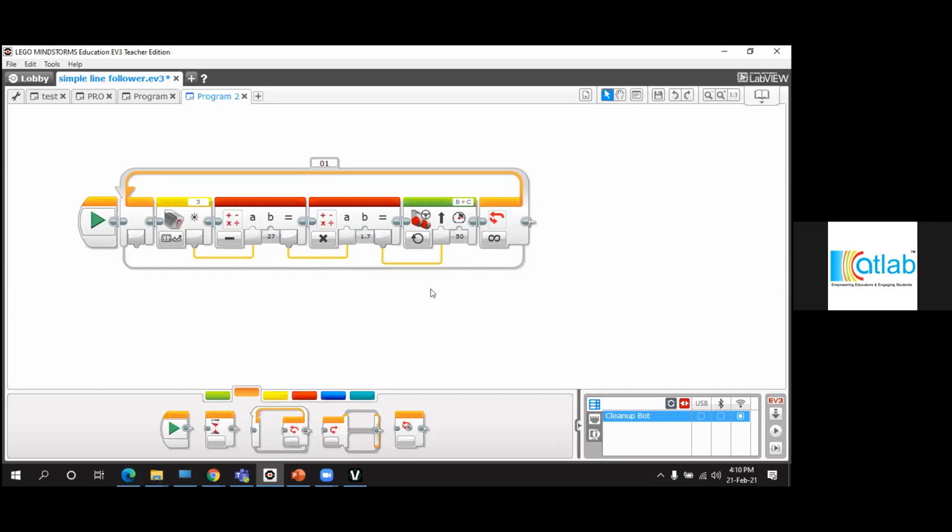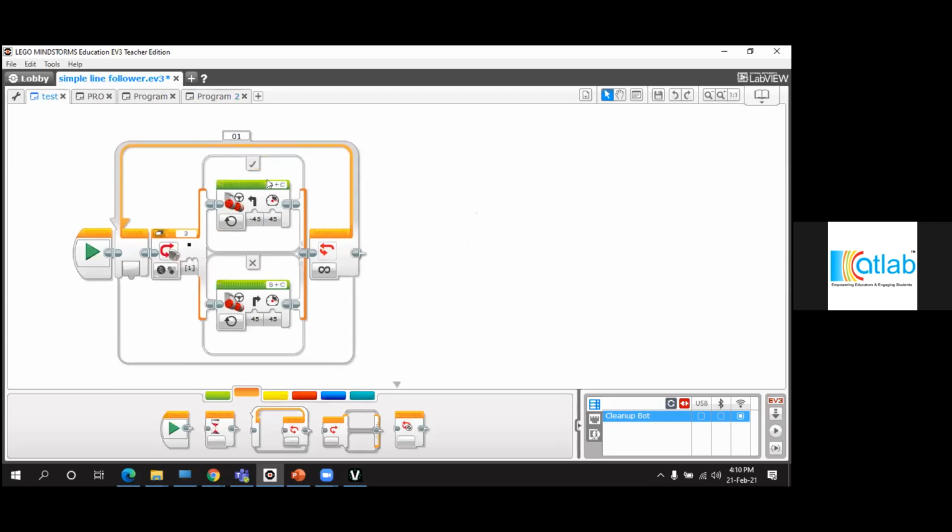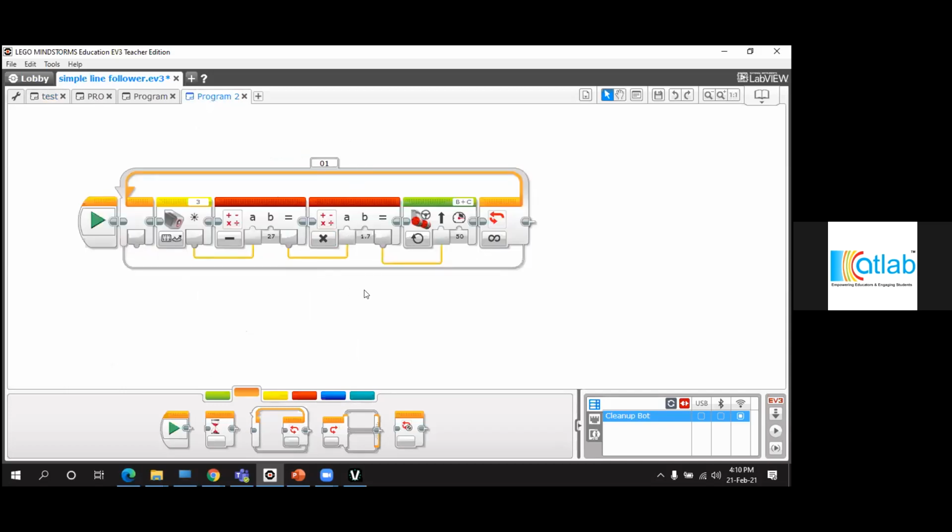Previously, in the previous session, I taught you a basic line follower program, right? So this is a basic line follower. You can use this program, or else you can use this program. Or if you know how to make an even better line follow program, you can make that program, download it, and then solve the mission. It's completely up to you. There are plenty of programs available on the internet also. You can browse, get some more information and ideas, or else you can edit a program, download it, and run it.